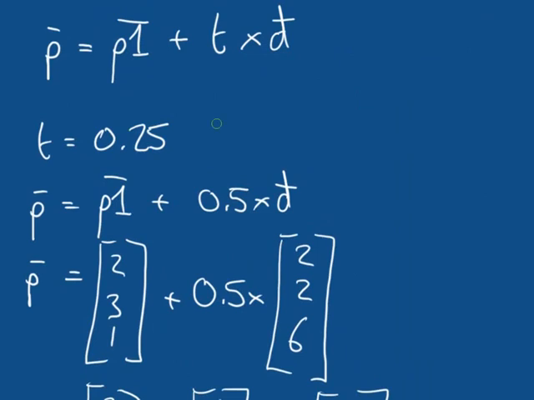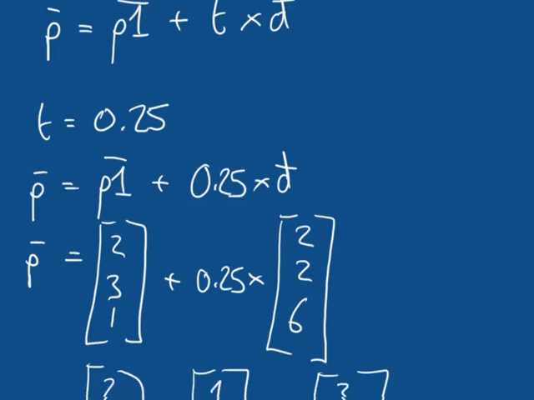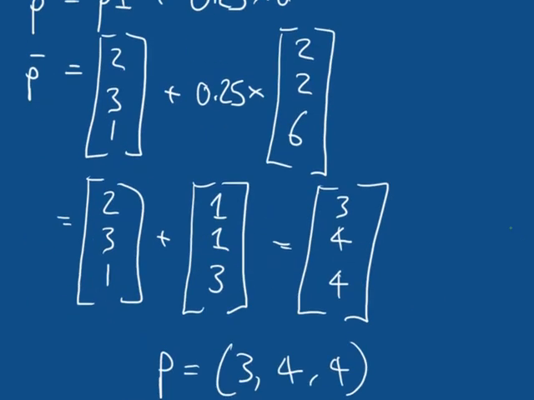Well, that would mean we get that p is equal to p1 plus 0.25 times d, which means p is equal to 2, 3, 1, which is p1, plus 0.25 multiplied by d, which was 2, 2, 6, which means, as I erase these, and these,